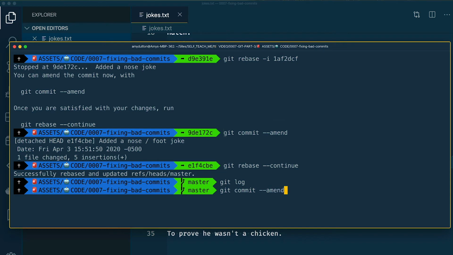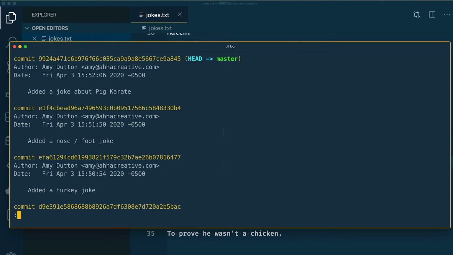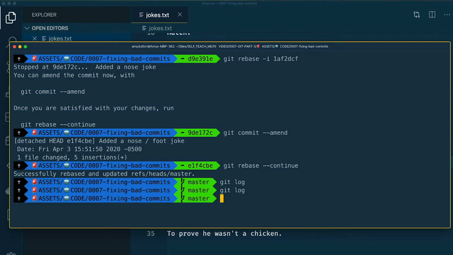This will just open the last commit message that you made within Vim, and this is a heck of a lot easier. Okay, another option is to completely drop or delete a commit. Within the terminal, I'm going to use git log, so you can see a list of all the commits that we've made. I'm gonna get rid of the last commit that we made. To exit that view, I'm gonna hit :q,